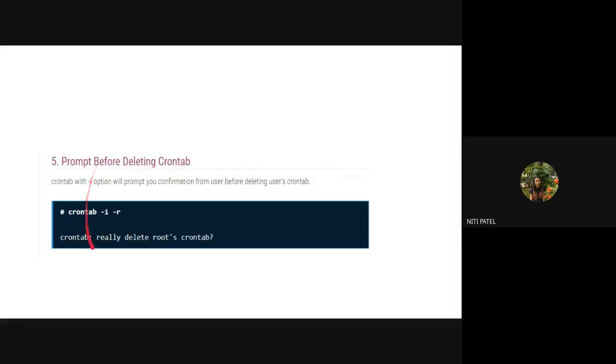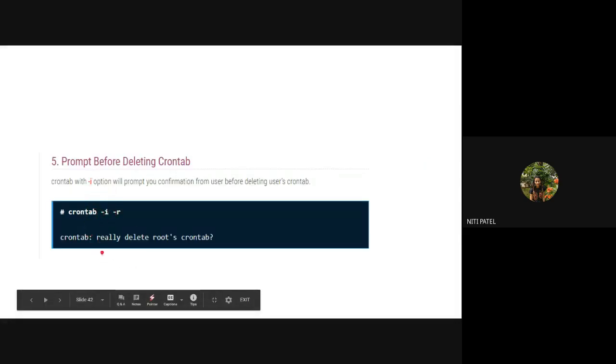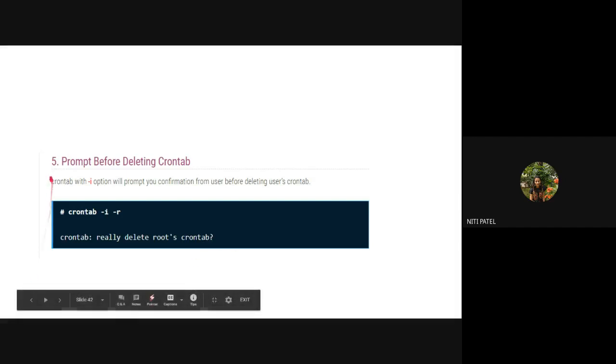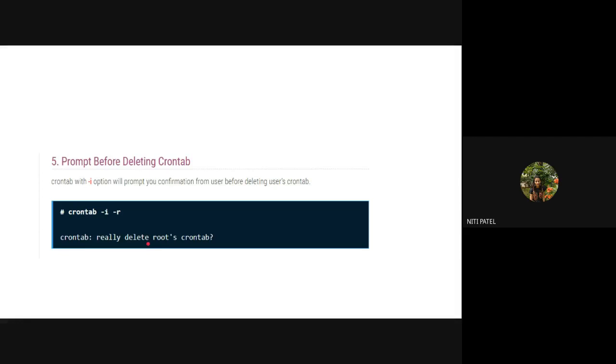But if I use that -r with -i, it will always ask me that do you want to completely remove, and then when I press yes, that is Y, it will remove. And if I press no, that is N, then it will not remove. Okay, so we don't have message boxes in Linux. We give the command of yes and no by typing Y or N. So Y stands for yes and N stands for no. So after this command comes, if I press N, it will not remove. But if I press Y, it will completely remove.